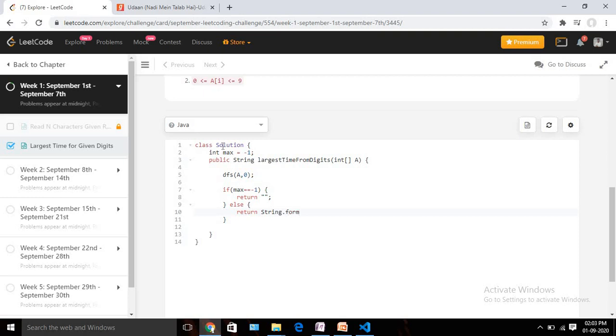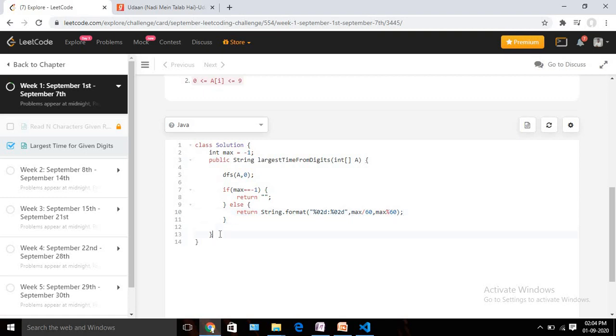Whatever our maximum value is, we format it according to hour and minute format and return it. So let's write the code quickly: it should be %02d:%02d, and whatever our max value is, I am going to divide it by 60 to get the hour, and do % 60 to get the minute value. And we return it. So basically we are just formatting our max and returning the time in actual format.